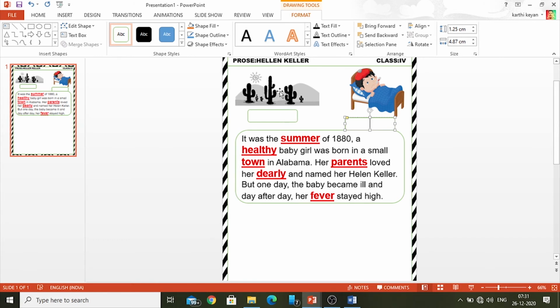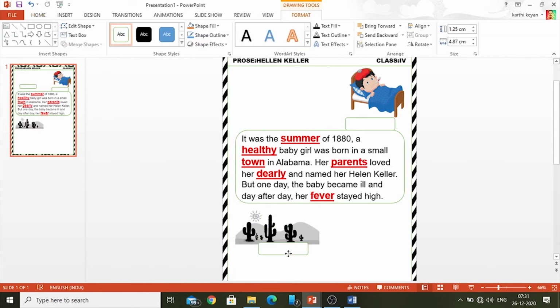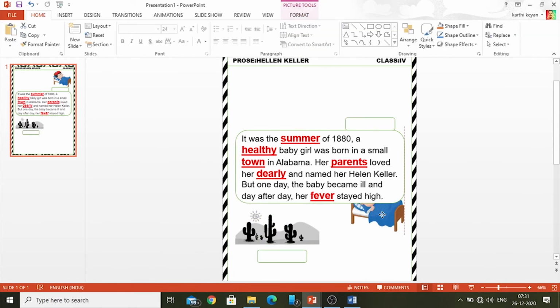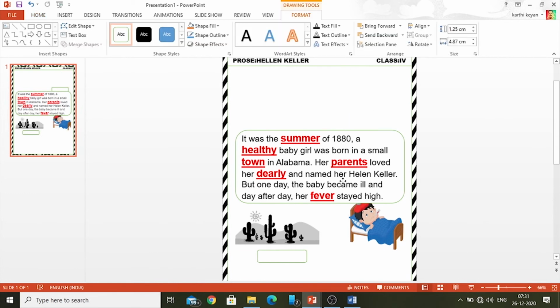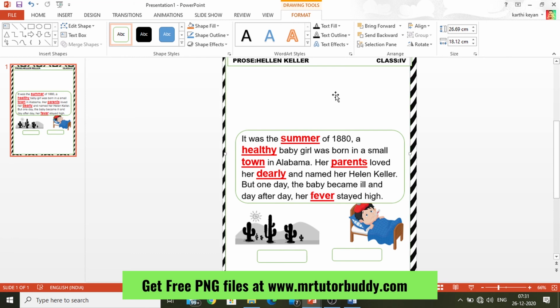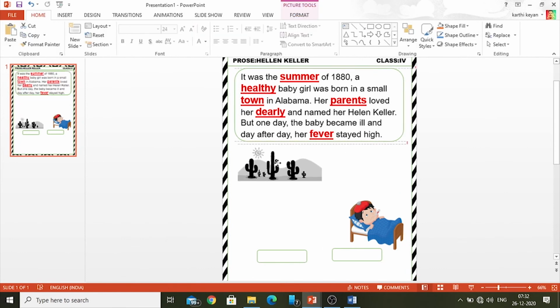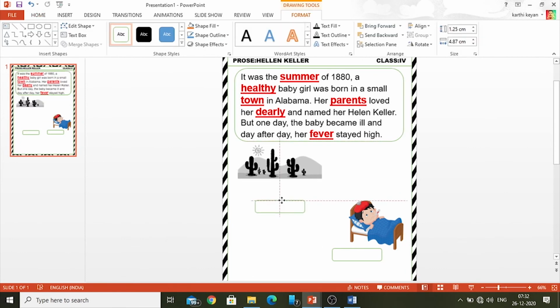So if you want to move this picture down, we can easily drag and drop here. Just put the pictures like this here.